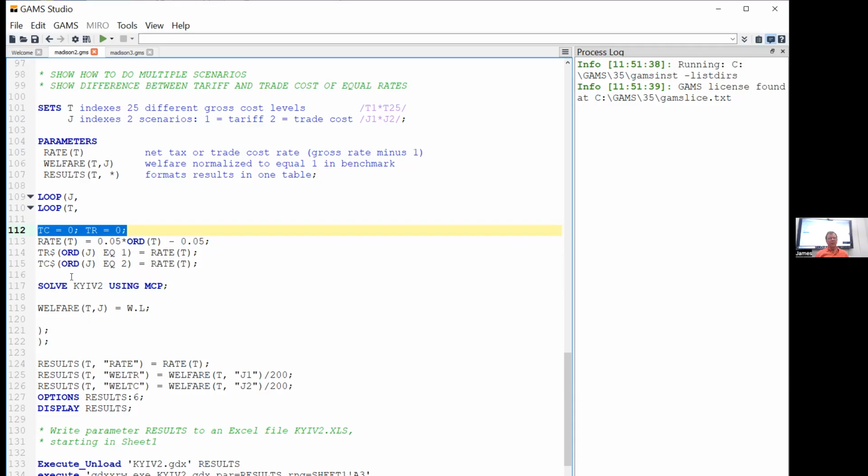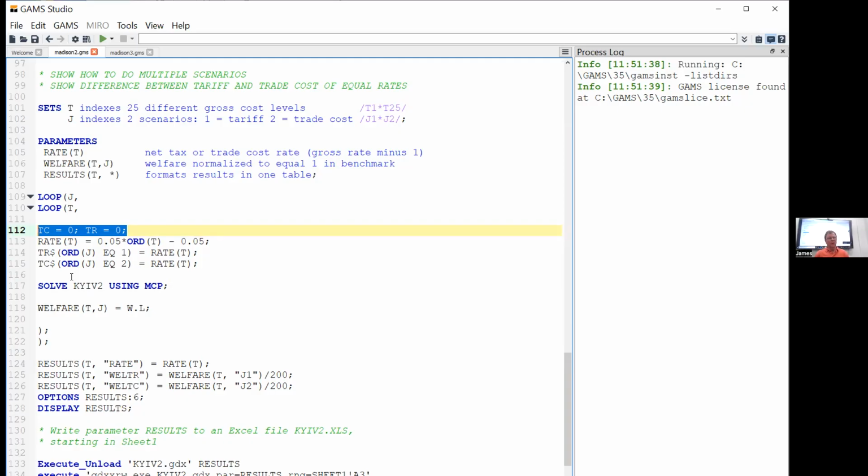if the conditional is on the right-hand side, so if it said rate of T $ or J equals 1, same thing happens if the conditional is true. If it's false, it sets it to 0 rather than leave it unchanged. So there's actually a difference in GAMS, whether that conditional is on the left-hand side or the right-hand side, if the conditional is false. I know that's very fast, but maybe you can stick it somewhere in the back of your mind. Solve the model, extract welfare into a parameter that's defined over those two sets, and then close the